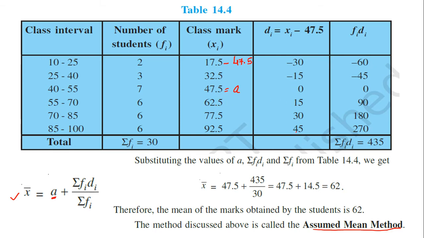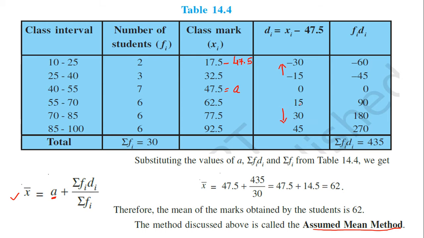So positive numbers have started. See here, on the top side negative numbers will come, on the downside positive numbers will come. So if you go to the top side in this kind of question, numbers will decrease, and if you go downside, numbers will increase. Remember, if you are not getting this kind of pattern, you have to stop and check the question again, because we are doing something wrong somewhere. Okay, then here 15, 30, 45.